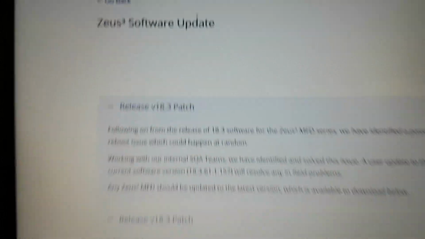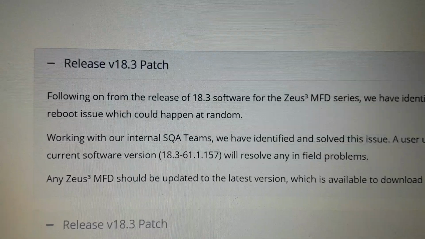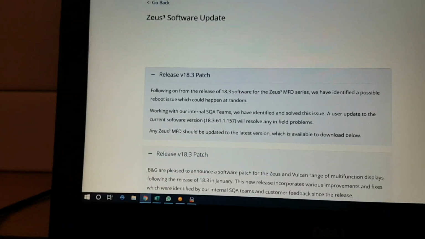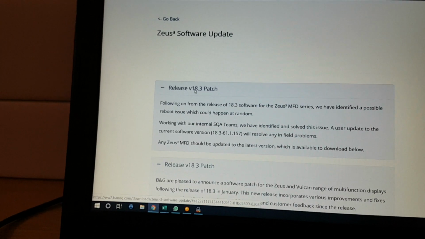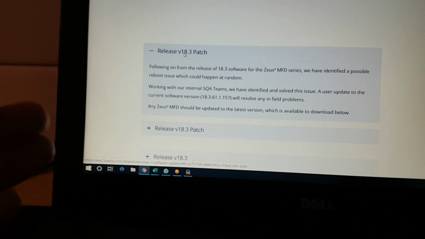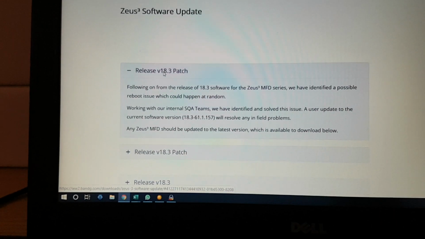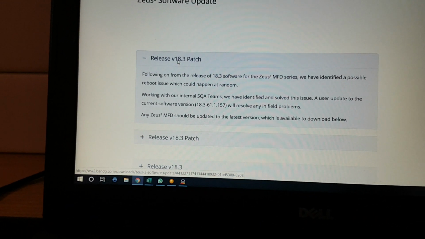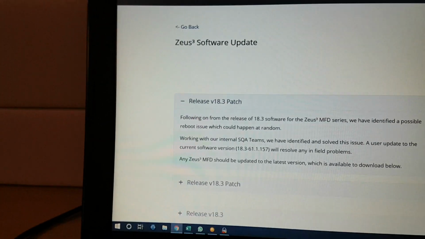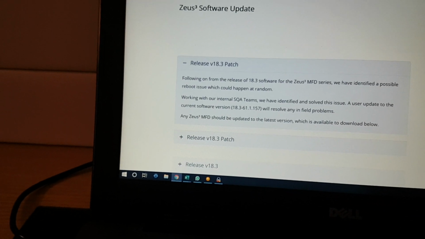and go to the version 18.3 release patch. It's the 157 version you want. Now, that's a release they did around the end of May 2019. And again, it replaces a patch 155 that I had on there from the 31st of May that creates this instability. And that creates the problem of the startup screen just not disappearing and your system just not working, but getting in a loop with the startup screen.